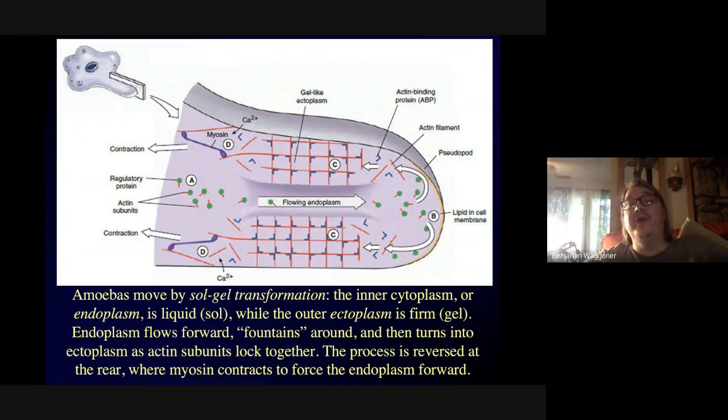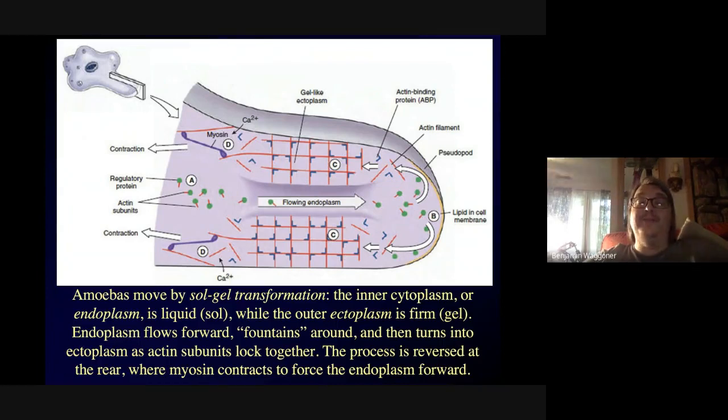Actin molecules in the sol are not stuck together. The stuff can flow, but in the outer cytoplasm, in a state called gel, the actin molecules assemble themselves into filaments that form a rigid structure to it. So on the outside, you have this gel where the actin molecules lock together and they make everything firm. So you have firm, jello-like cytoplasm on the outside and very runny cytoplasm on the inside.